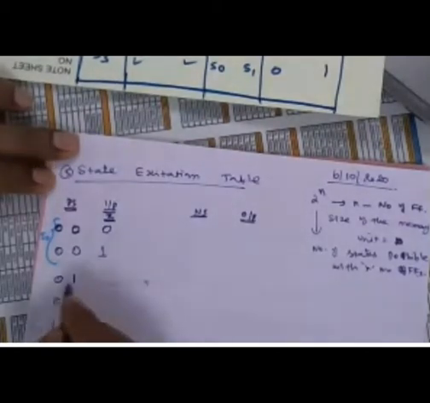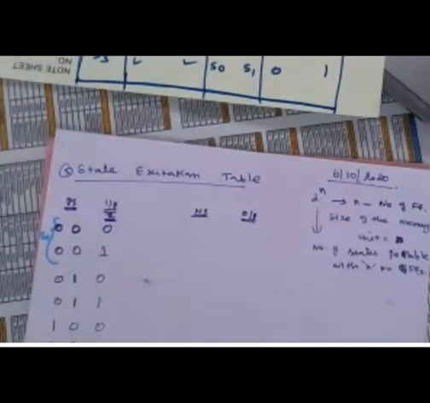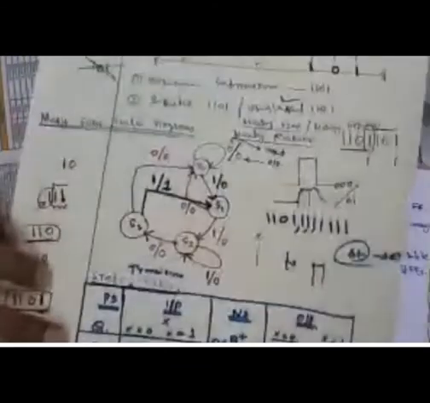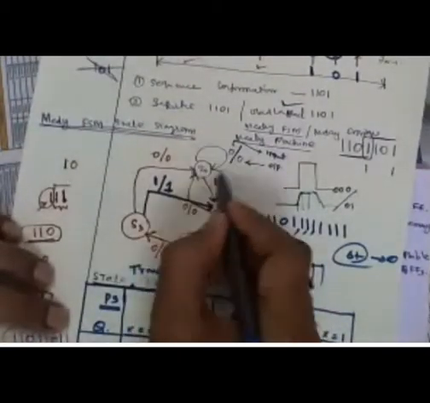So when it is in 0, 1, 0 can come or 1 can come. When it is 1, 0, 0 can come. When it is 1, 0, 1 can come. Because input is not in our control. Any input can come into your circuit when the circuit is in any state. All these possibilities we have covered here already. When the circuit is in S0, 0 can come or 1 can come.